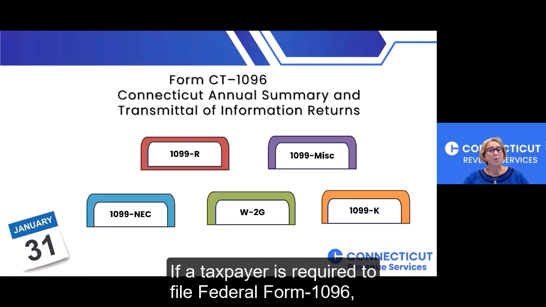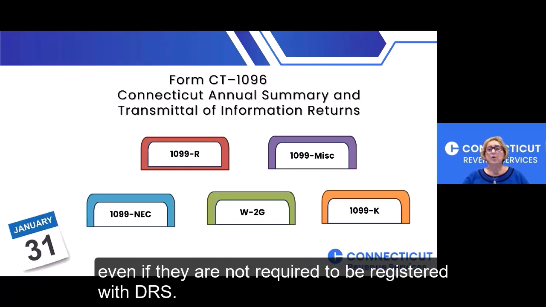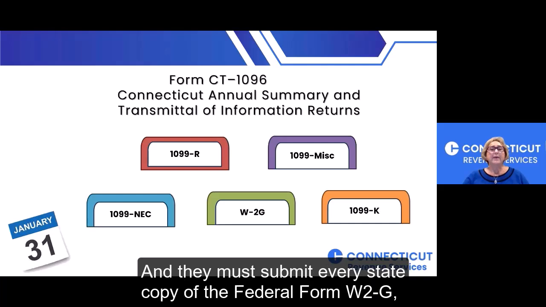If a taxpayer is required to file Federal Form 1096, they must file Form CT 1096 with DRS, even if they are not required to be registered with DRS, and they must submit every state copy of the Federal Form